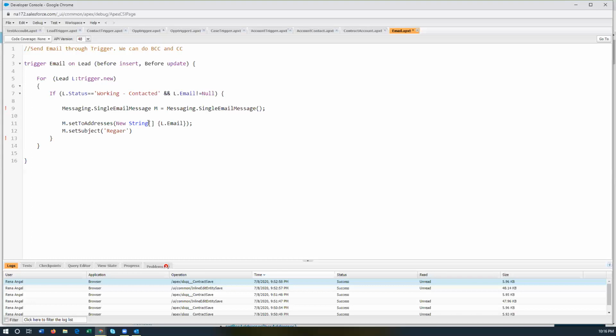Regarding lead status working contacted. Okay. So this is sufficient. Now we have the address, we have the set address. Now we will make a body string. Body equal